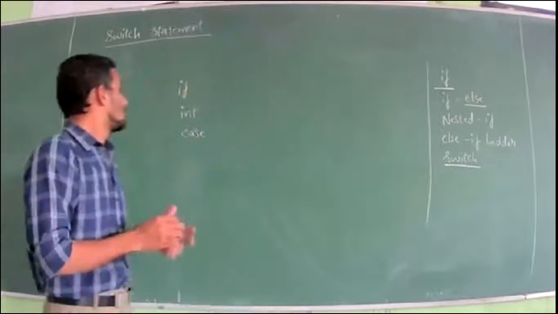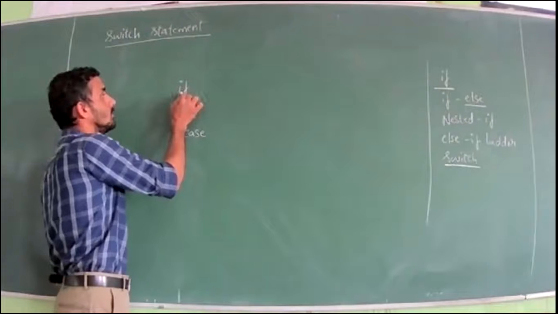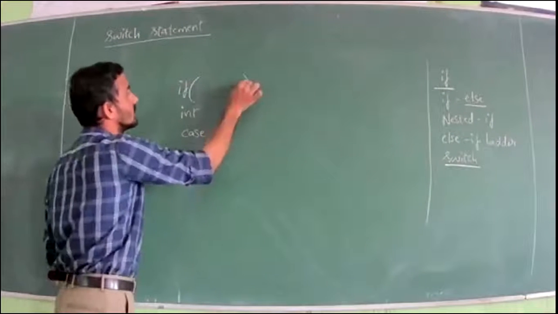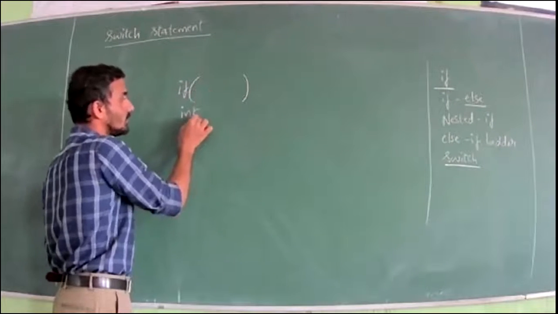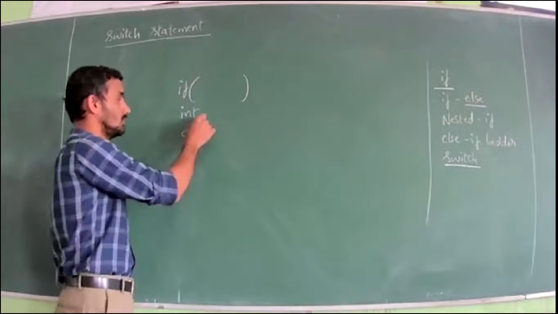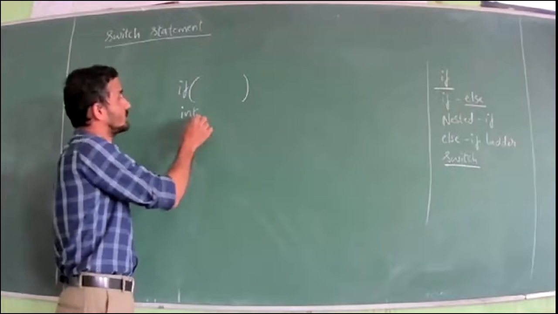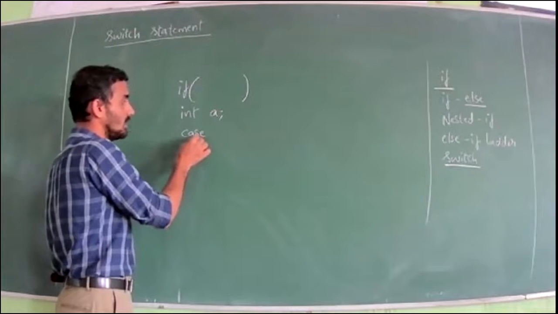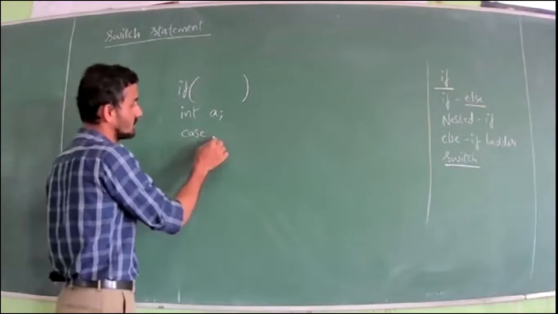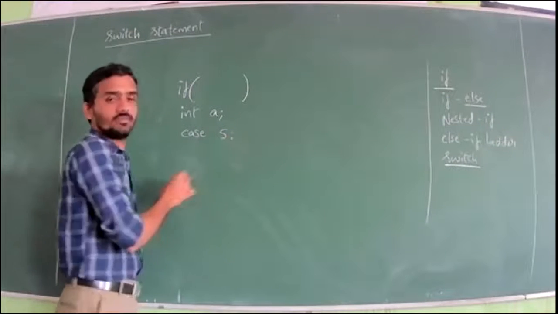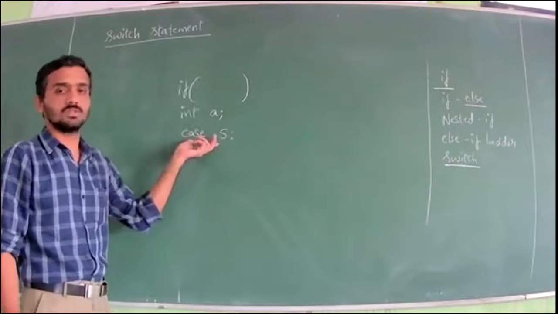For example, for the if keyword, immediately after the if keyword, there is a parenthesis. This is a symbol. In this we write the condition. And immediately after the int keyword, at least one blank space you have to leave. If you leave 2 or 3 blank spaces also, it is correct. Then you write the variable. And immediately after the case keyword, again one blank space is there, and we have to write some number that I will tell you. In this statement only, we will come across these things.